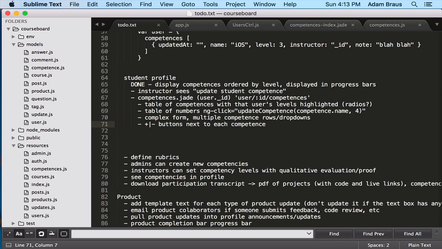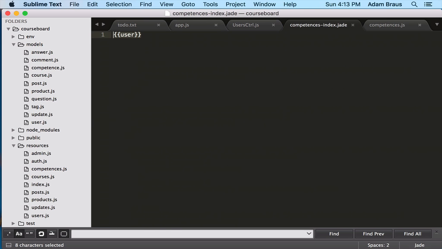Teachers hate paperwork. Maybe everyone hates paperwork, but teachers especially hate paperwork. So you want to reduce as much paperwork as possible. Even if you'd have better logging and better resources later, you don't want to make the teachers unhappy by making them do a bunch of paperwork. So I'm going to make the easiest possible way, which is just plus and minus buttons on each competence. So we have to